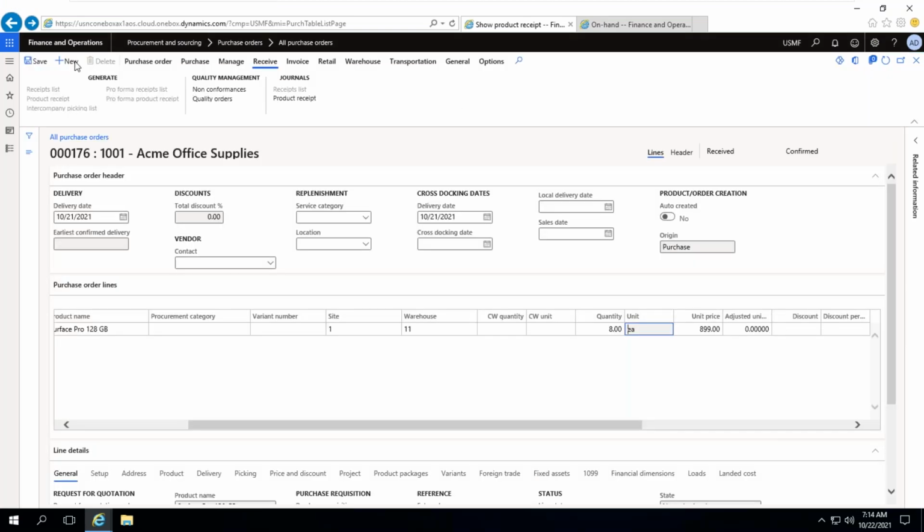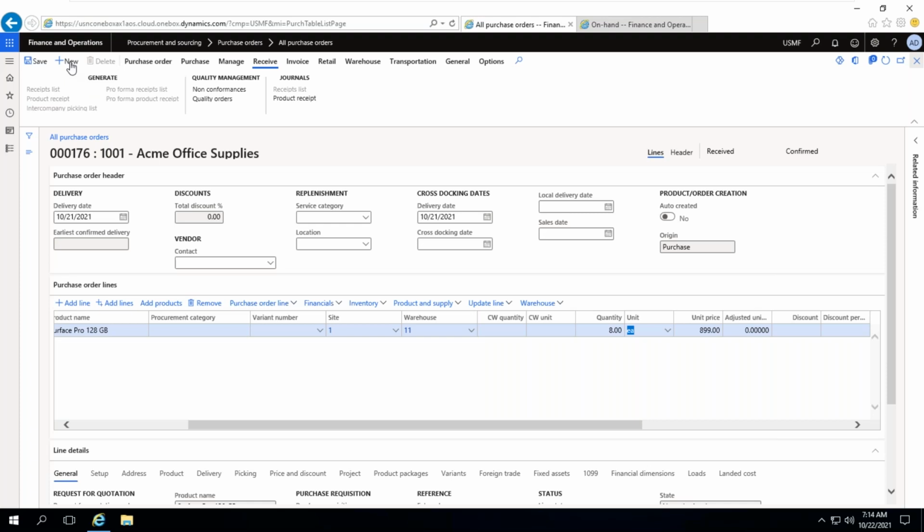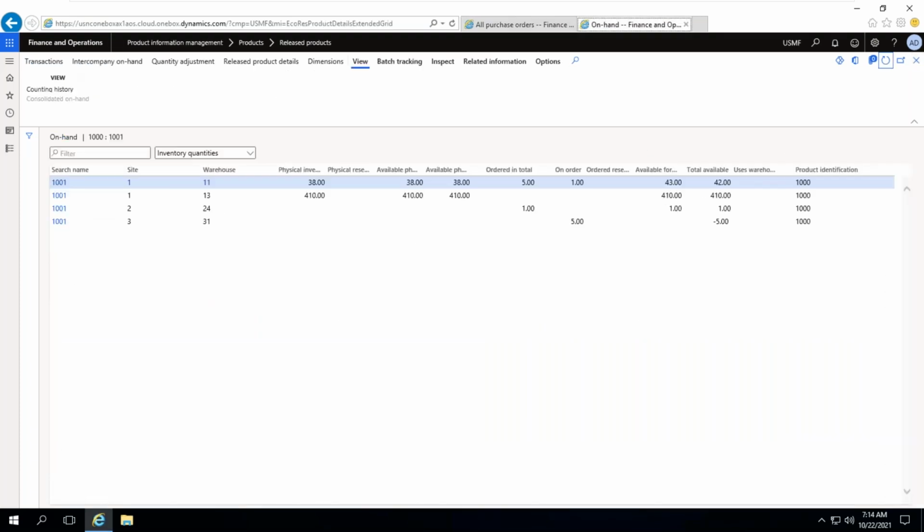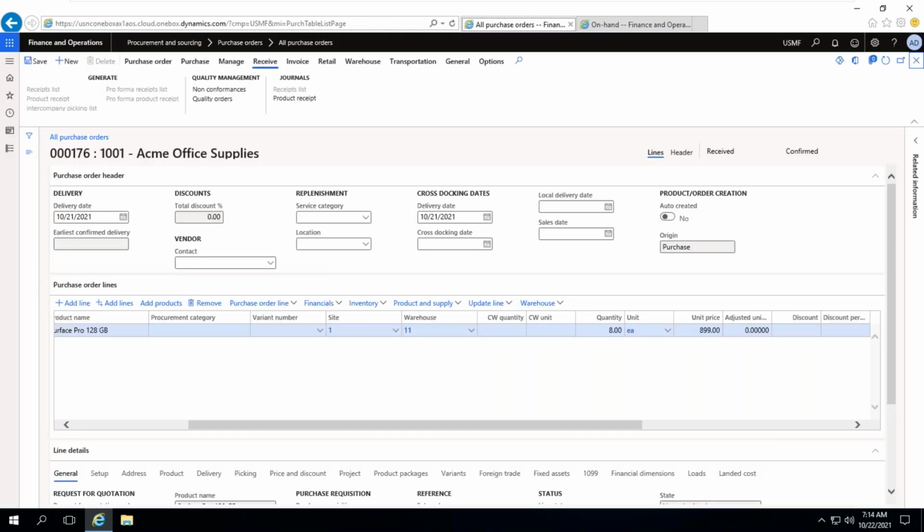So I'm creating a new purchase order. I'm not completing the invoice. Let me create a new purchase order and let me show you a partial receipt. Many people have doubts on this one, so let me show you that first. Partial receipt means how to handle it. There are many scenarios you need to learn.